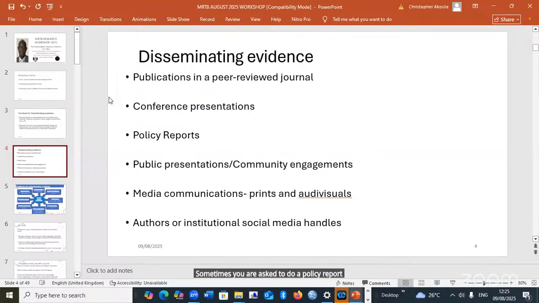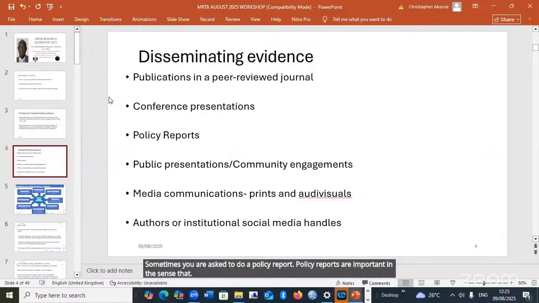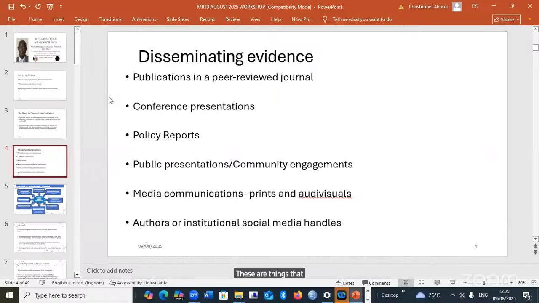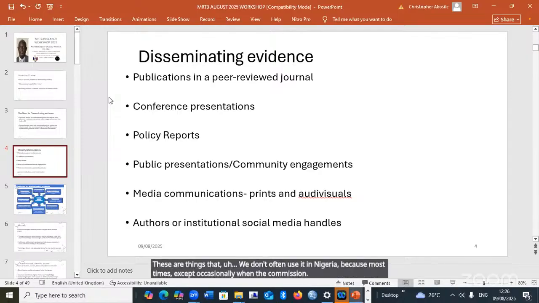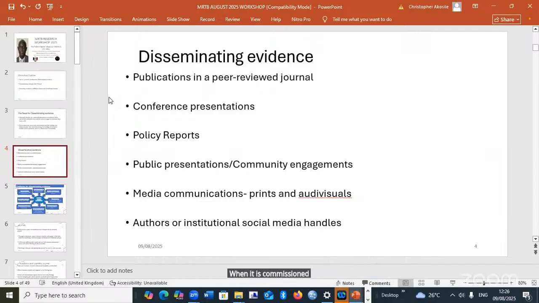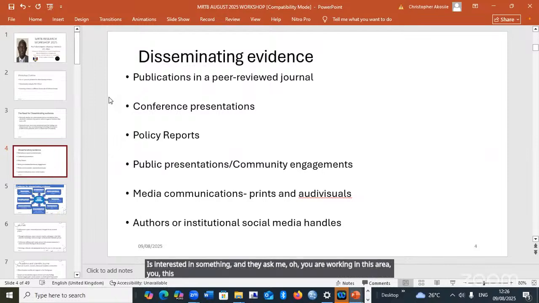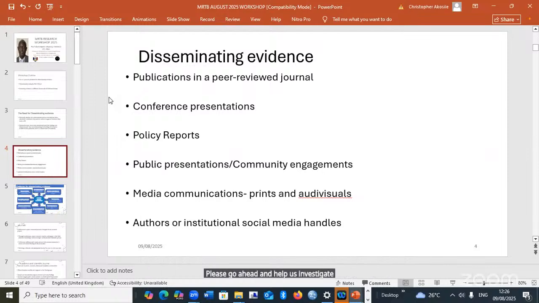Policy reports are important in the sense that these are things that we don't often use in Nigeria because most times, except occasionally when it is commissioned, maybe the Ministry of Health is interested in something and they ask you, oh, you group of researchers that are working in this area, please go ahead and help us investigate this and come out with a policy report.